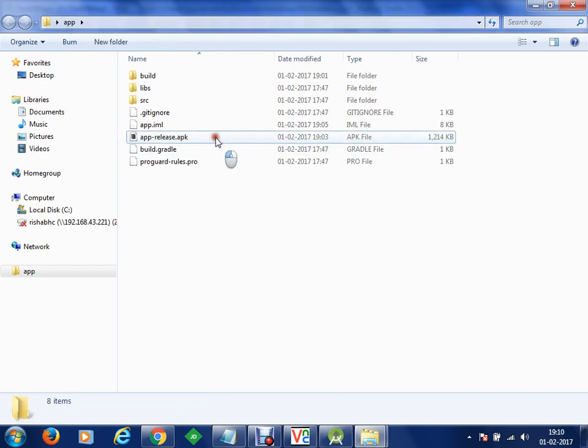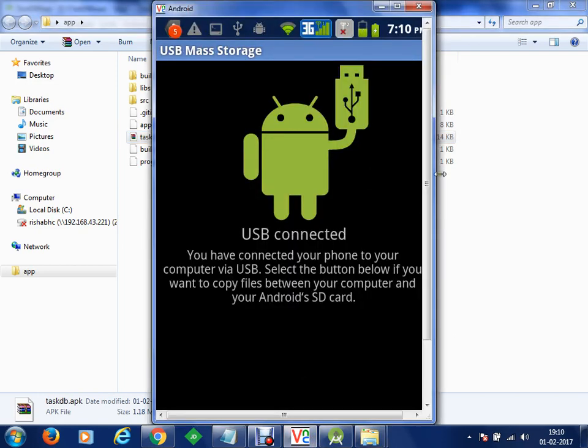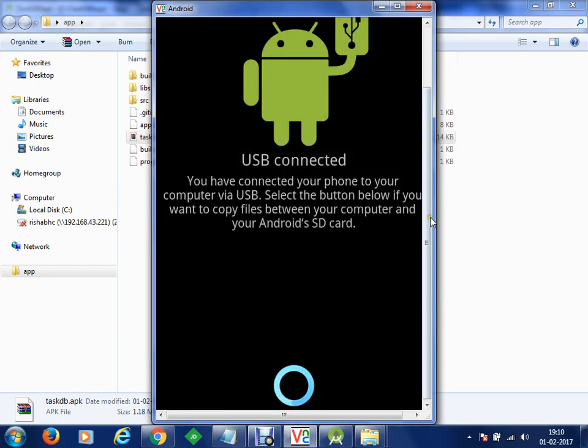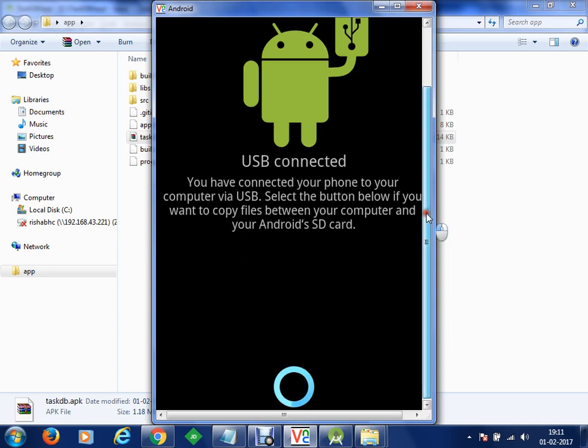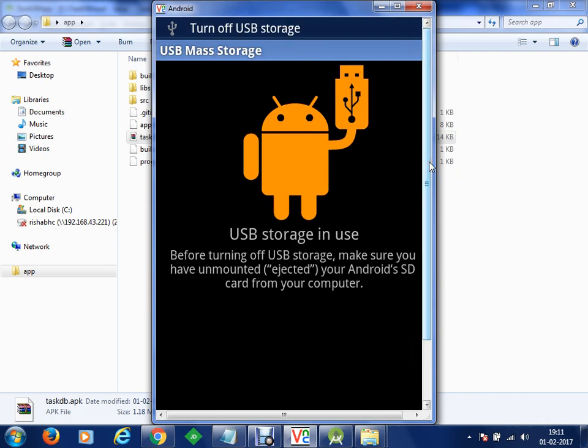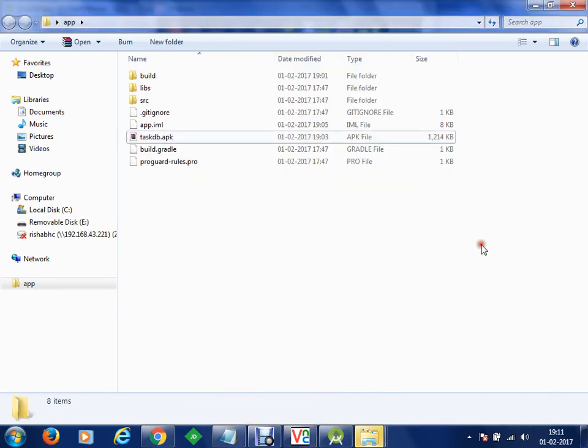Now, let's say I rename this app to something like taskdb.apk, and I want to run this application on my device. I'll go to my mobile phone and turn the USB storage on. I will be installing this application and then viewing it. USB storage has been turned on, and I'm going to copy my taskdb app to my